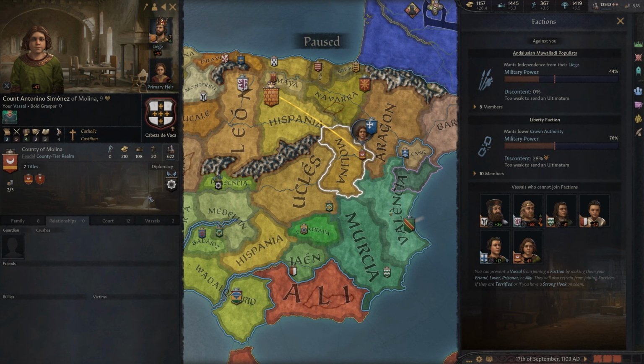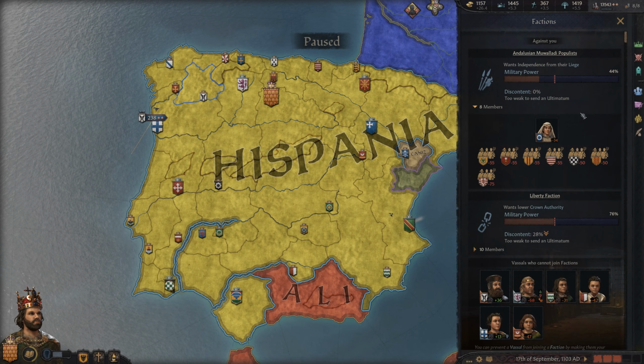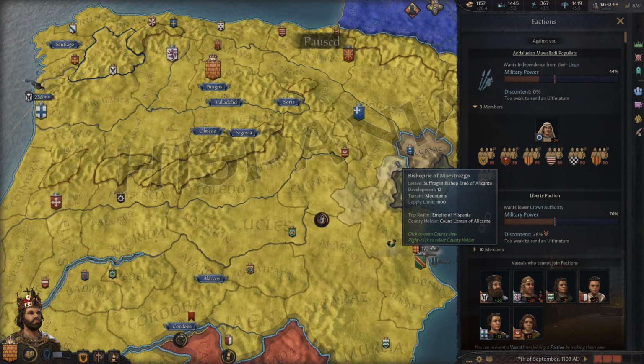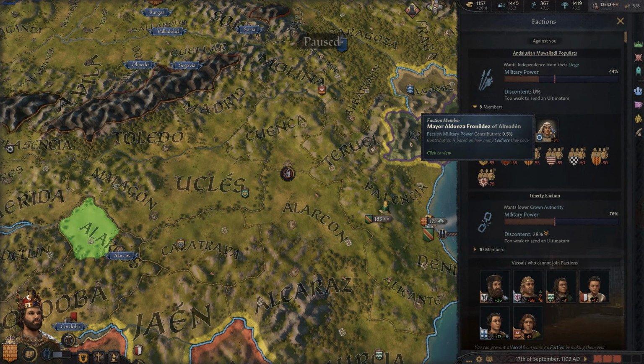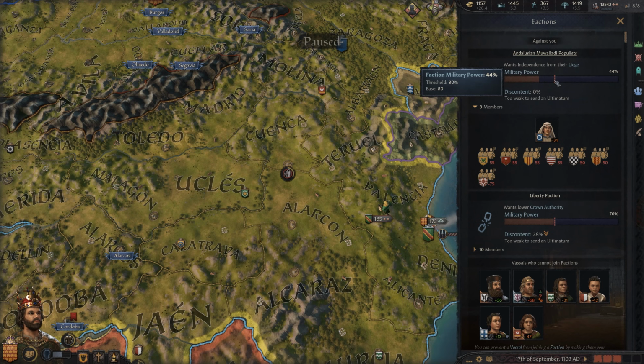So how do you influence these factions? And that's an important thing I think a lot of people really want to know about. So for one, this situation with your populist factions is typically because of a lot of county control and unrest. And you can influence that by letting it go off as you so wish. Basically let it get to this little point of discontent. They'll offer an ultimatum, which will pretty much be, hey, we want our own independent faction. We want lower crown authority. That's the ultimatum they offer you. You don't offer them one. If you want it just to happen, you say, no, I deny this. They'll start up an individual faction war against you, and you fight them.